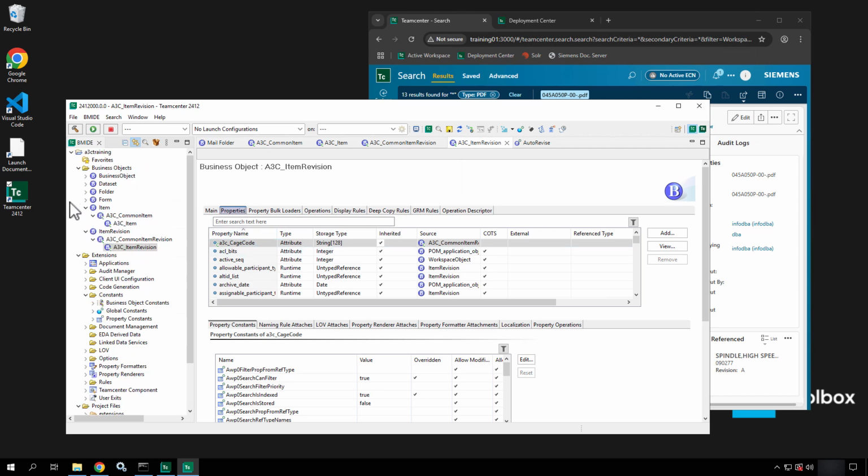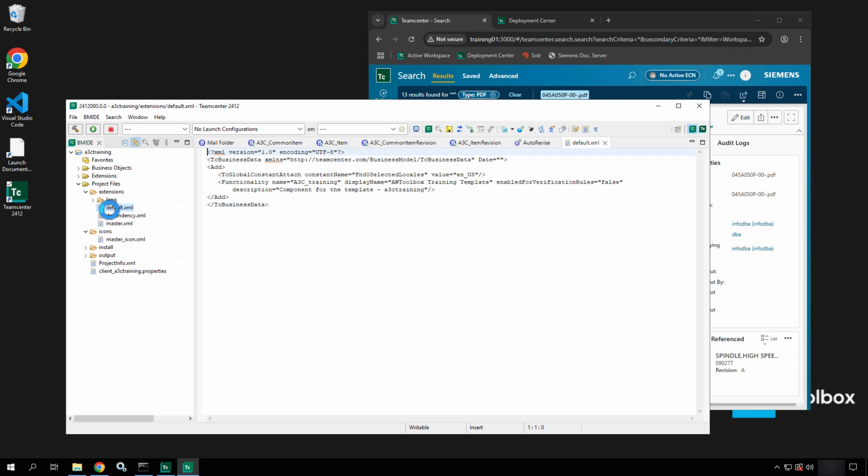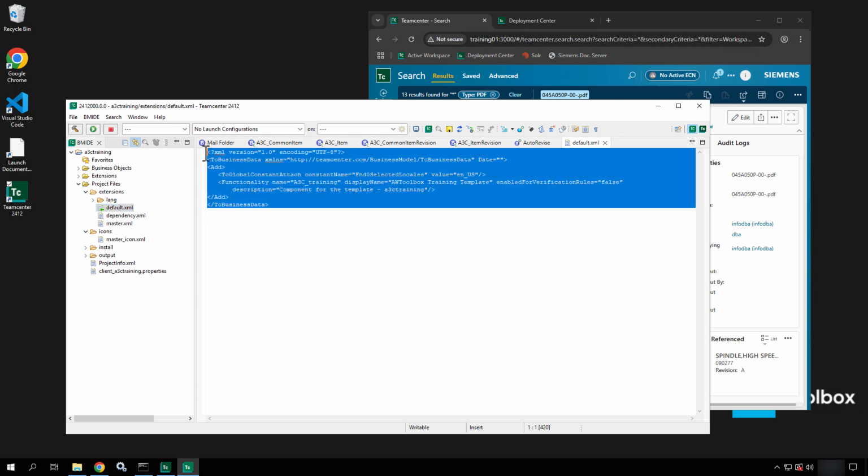Now, if I go up to my extensions, and notice there's an extensions folder under here, and up here I'm talking about the one under project files. There is a default XML file right here, and if I open this default XML file, notice it doesn't have much in it. Everything that I have done creating this item and item revision in the system has not been saved yet. But notice this has got a green arrow on it. So this green arrow indicates that this is the file that that code will be saved to